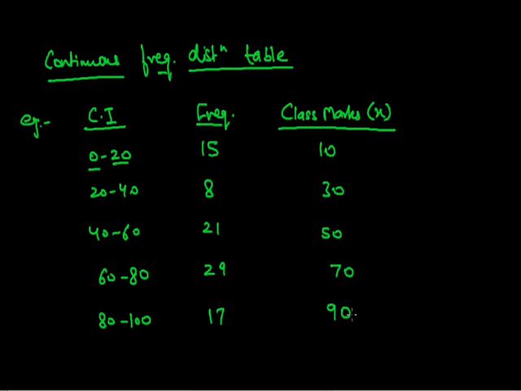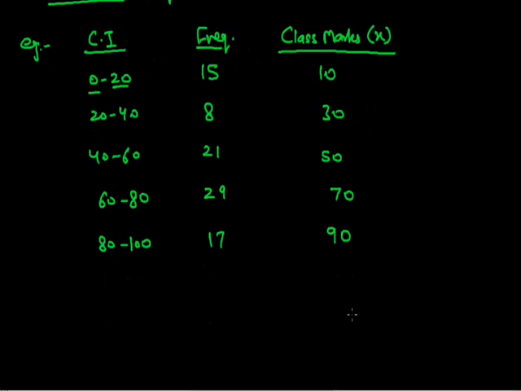Now that we have the class marks, that is x, and the frequencies, by using any method, like the direct method, step deviation method or deviation method, we can easily find the mean. If we do it by the step deviation method, we need to take the assumed mean. Let's take the assumed mean as 50, because it is the middle value among the class marks, and let's take h as 10.